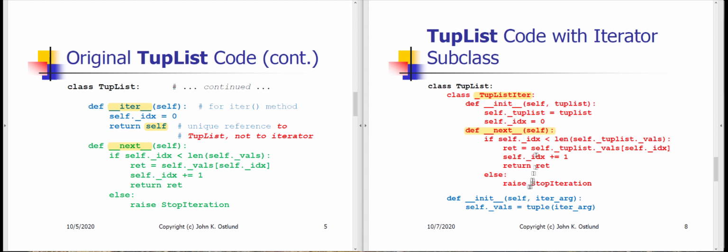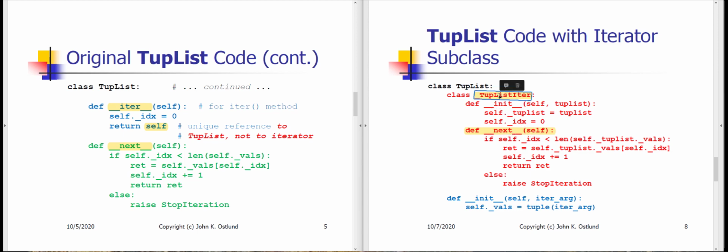And it does the same logic, but this time the self that dunder next receives is not the TupList. The self that dunder next receives is